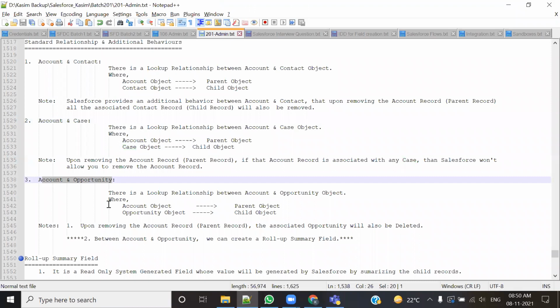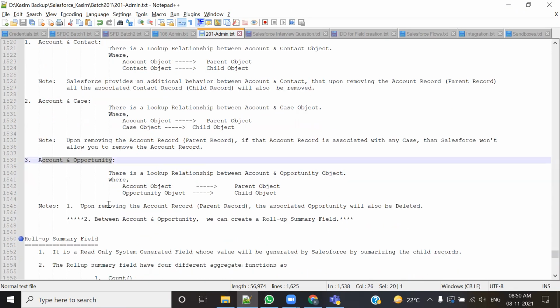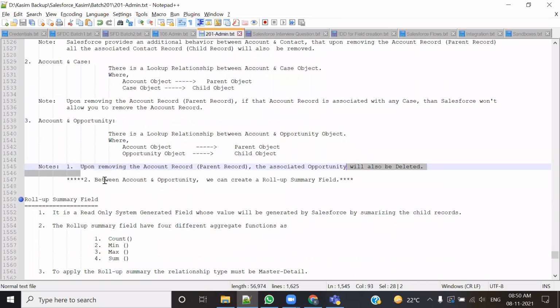Let's come to account and opportunity. अकाउंट एंड अपॉर्चुनिटी में दो चीजें हैं, पहला कैस्केड डिलीशन, कि अगर अकाउंट डिलीट करोगे तो जैसा कॉन्टैक्ट डिलीट होता है वैसे अपॉर्चुनिटी भी डिलीट हो जाता है। और दूसरी और सबसे इंपॉर्टेंट चीज कि between account and opportunity we could create a roll-up summary. इस पर मैं थोड़ा सा डिस्कशन करता हूँ आपके साथ।